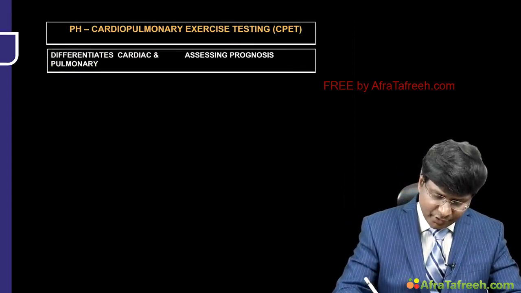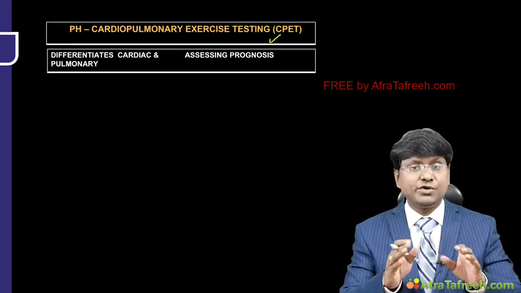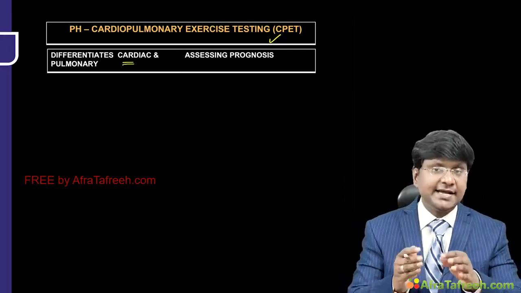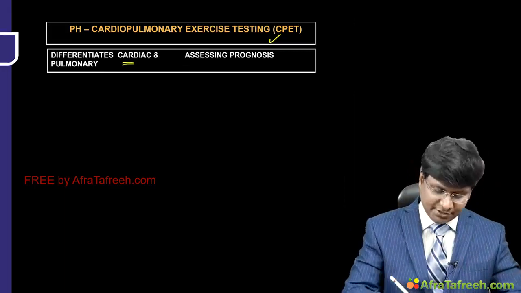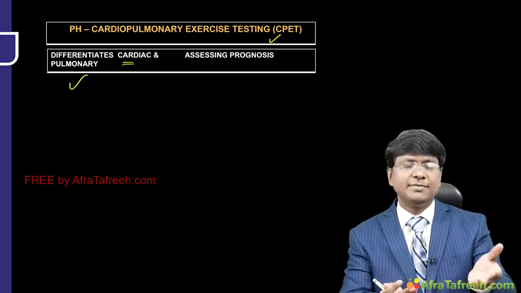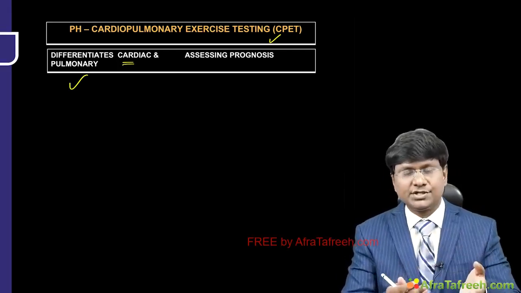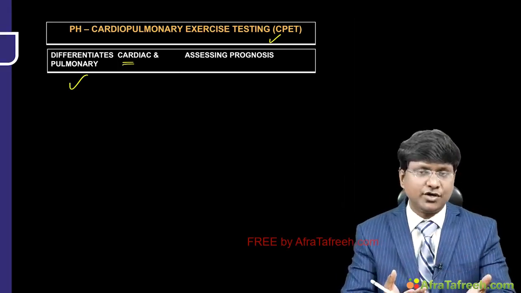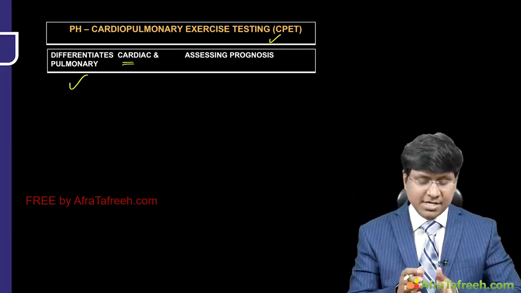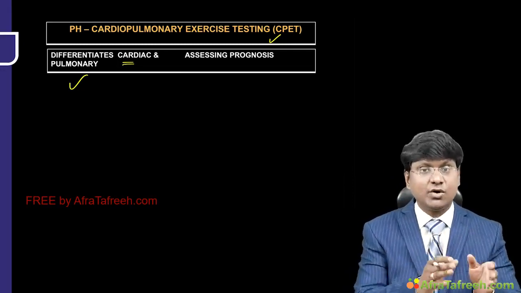Then the another important investigation is cardiopulmonary exercise testing. See, the purpose of doing this cardiopulmonary exercise testing is, this will differentiate whether it is a cardiac cause for pulmonary hypertension, or a pulmonary cause for pulmonary hypertension. Cardiac causes will be like mitral stenosis and left ventricular dysfunction. Pulmonary causes will be like interstitial lung disease, fibrosis of the lung, chronic obstructive pulmonary disease, bronchial asthma, cystic fibrosis, all these. So this cardiopulmonary exercise testing will help us to differentiate whether it is a cardiac or pulmonary cause